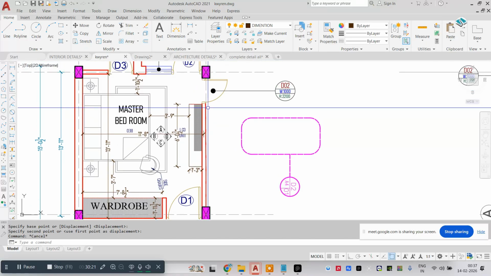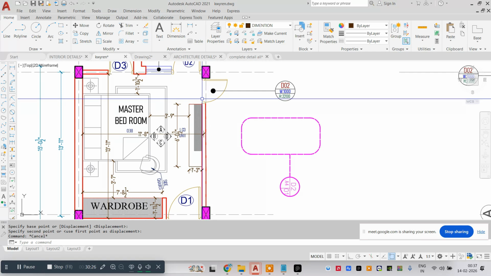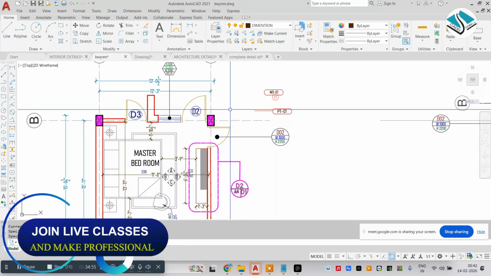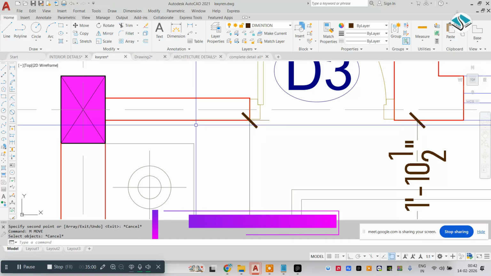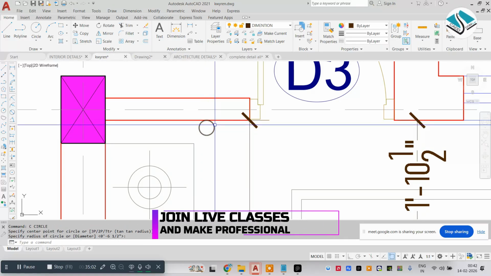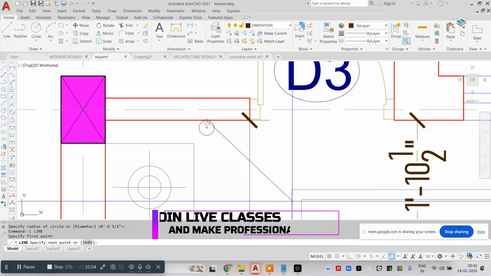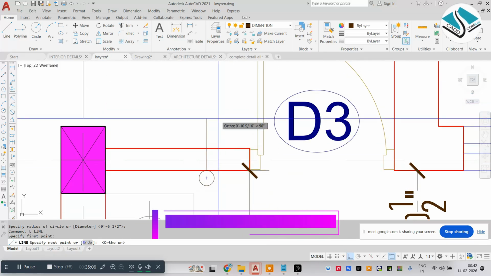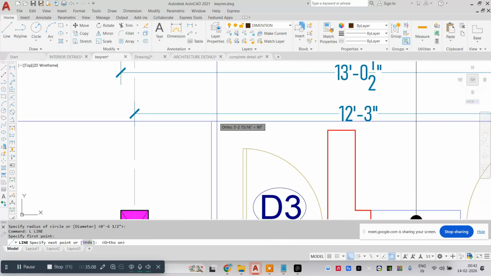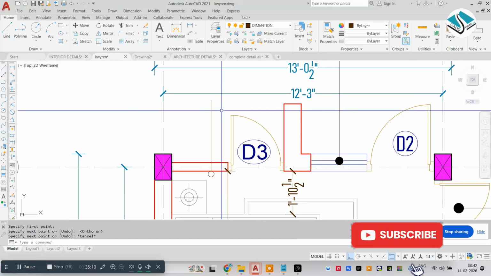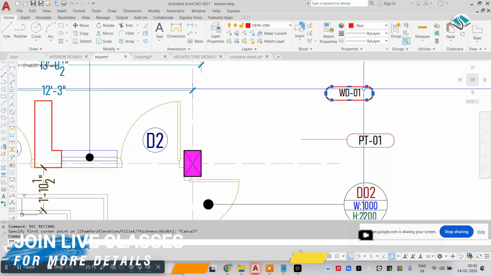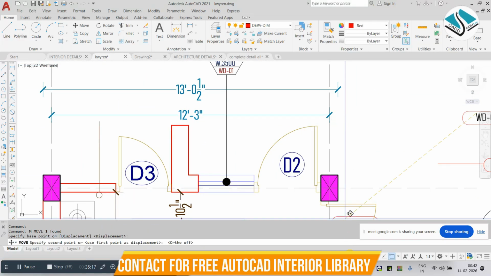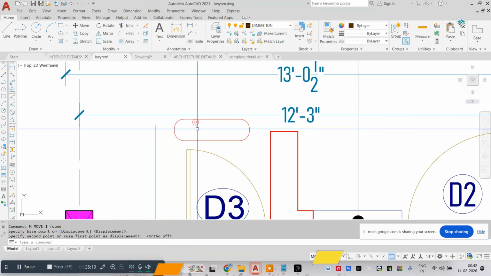And it's not important that we should use this kind of symbols in the floor plan of the interior part. Create tags like this one, our first wall of the bedroom. Then we will create the finish tag: first draw a line, and draw a rectangle like this and make all corners curved